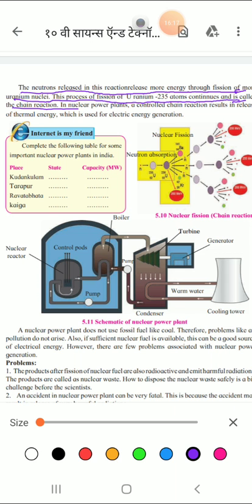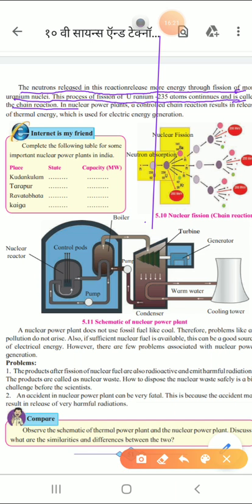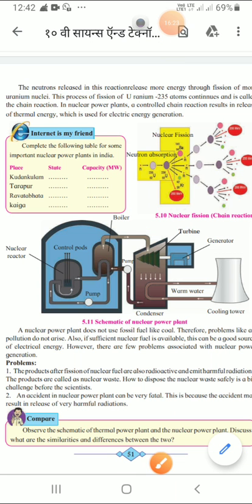So I have underlined here. You can see here now. So you can see here now, children, how the chain reaction takes place. Now here one diagram is there that I'll show you. First you can see the nuclear fission